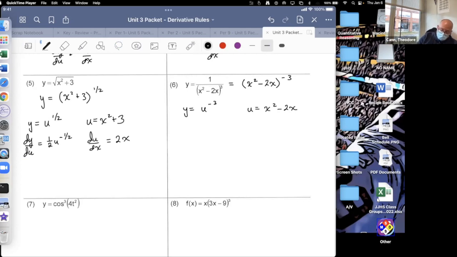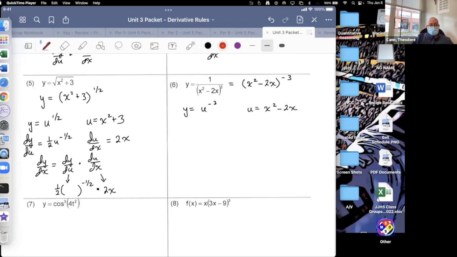All right. So remember, the theorem was dy dx is equal to dy du times du dx. Mathematically, that makes sense, because if you were to just take these two ratios and multiply them, the du's would cancel, you'd get dy over dx. But we don't want to do that. We actually want to replace the dy du with the 1/2 u to the negative 1/2, replace the du dx with the 2x,